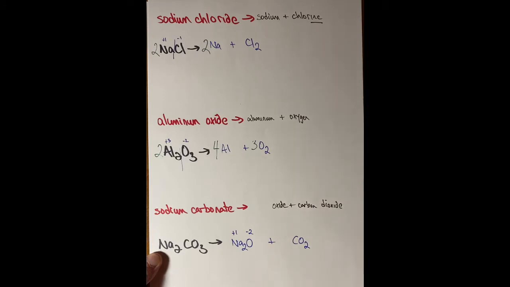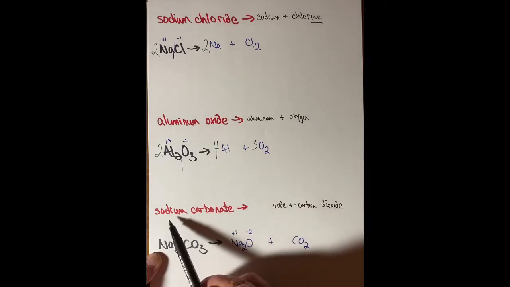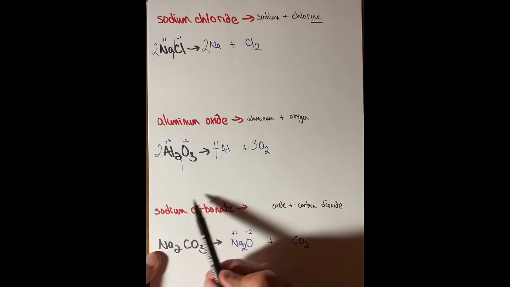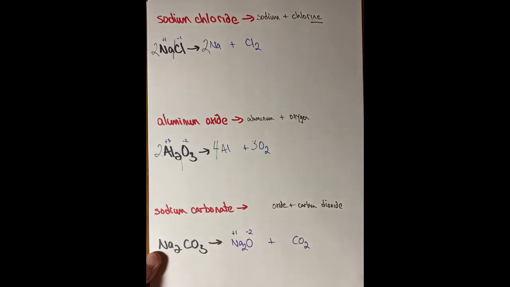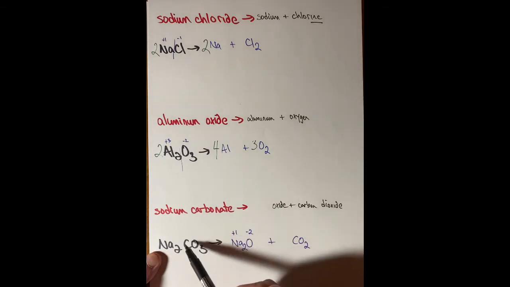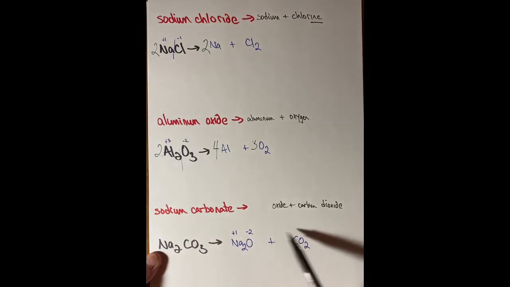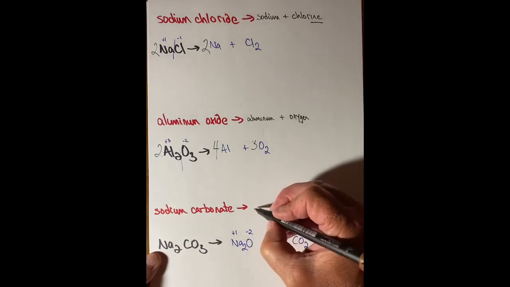So if you don't even know what oxide it is, you know you're going to get a mark for carbon dioxide here, and you should get a mark for putting down CO2 there. So this is a way of getting some part marks. Now, the oxide you're going to get is really whatever the metal is over here is going to continue over here. Remember, you can't destroy atoms. So if you have sodium atoms over here, you have to have them over here as well. So this would be sodium